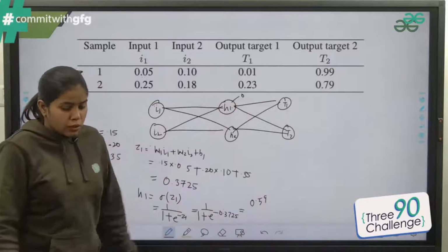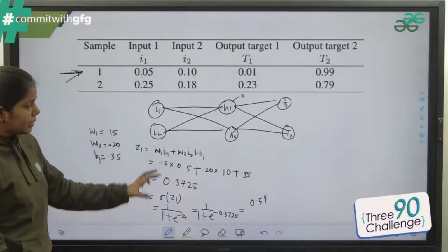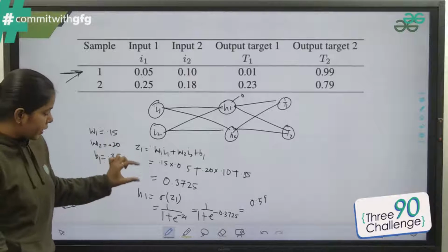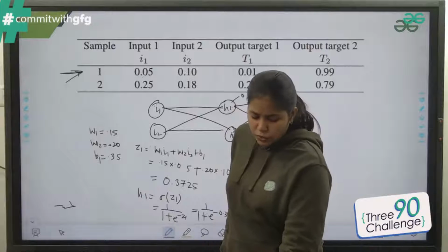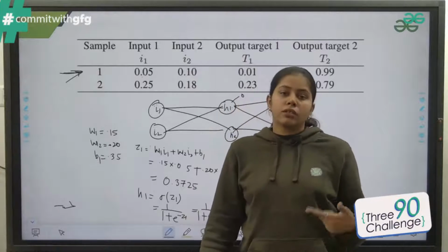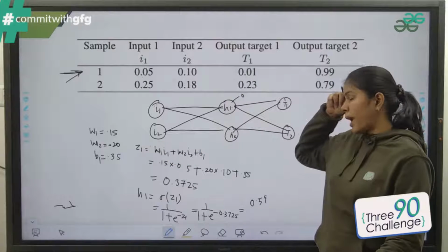So you should know all the calculation. It would help you. Just see how we'll go through it. First we'll find out Z1, and then I'll apply the activation function. Now you would ask, ma'am, so many times you have said that I'm taking the activation function as